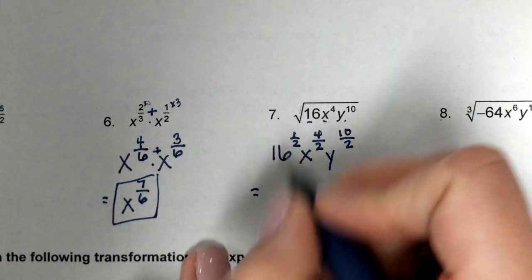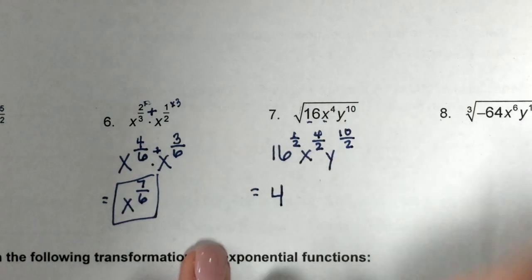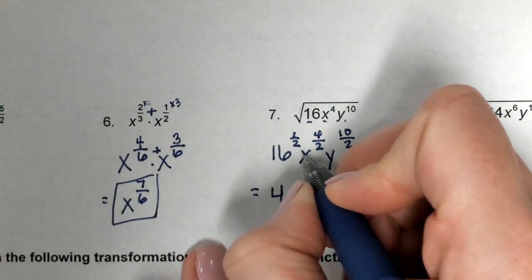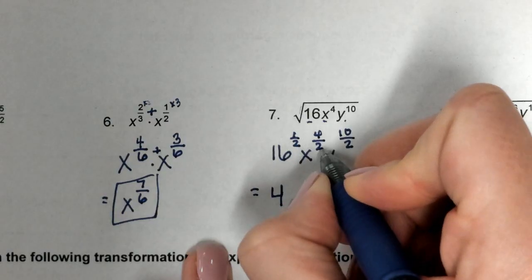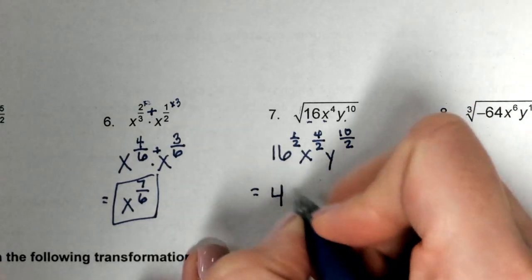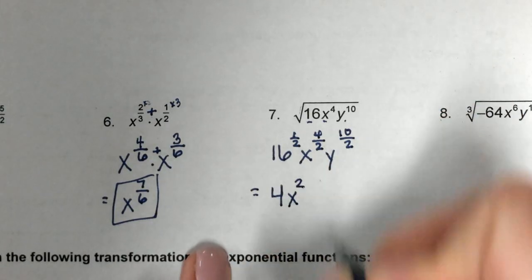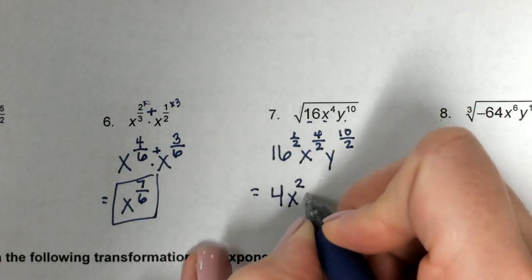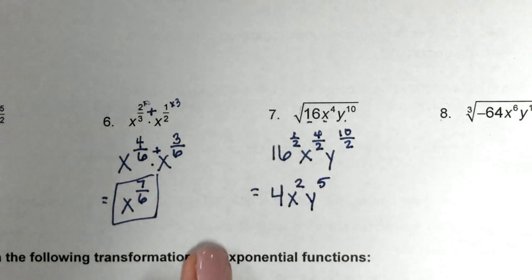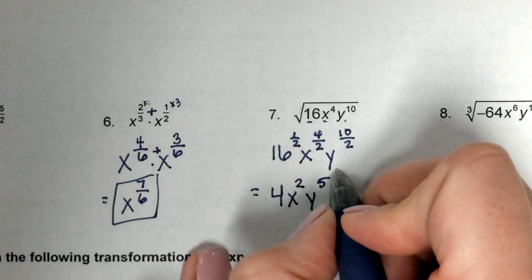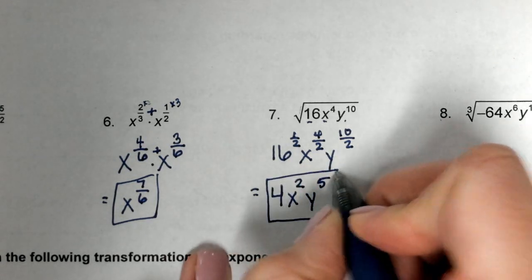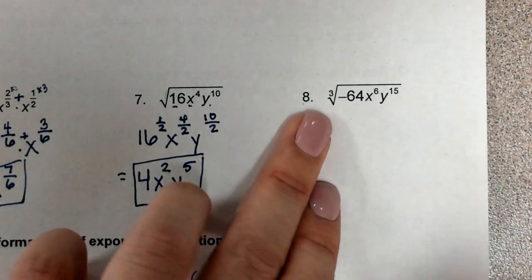So the square root of 16 is 4. I can simplify this fraction. 4 over 2 is 2, so x to the 2nd power. And 10 over 2 is 5. So that's it. 4x squared y to the 5th. And coming over to number 8,